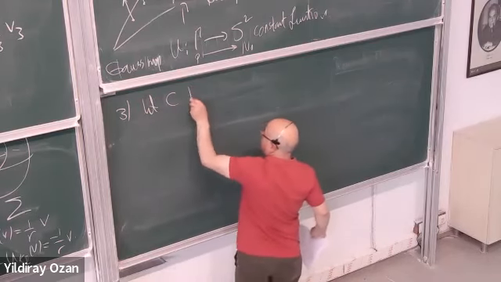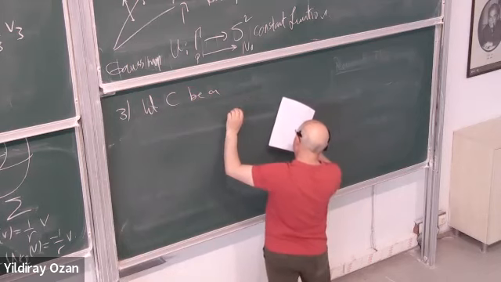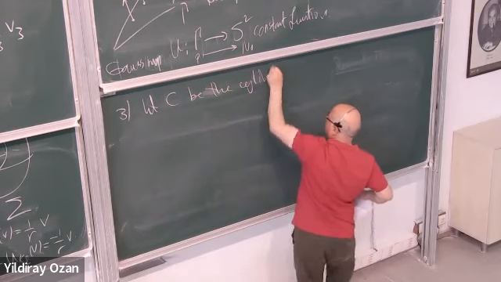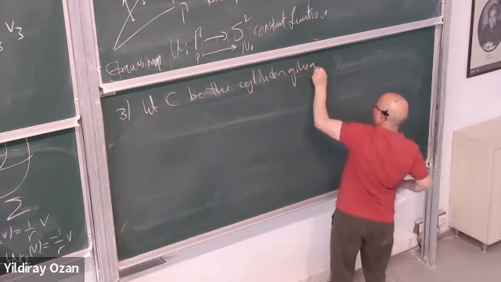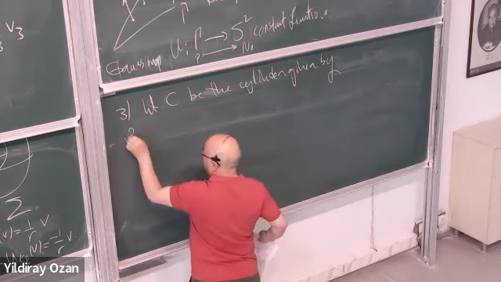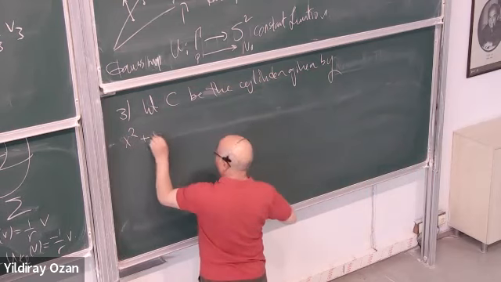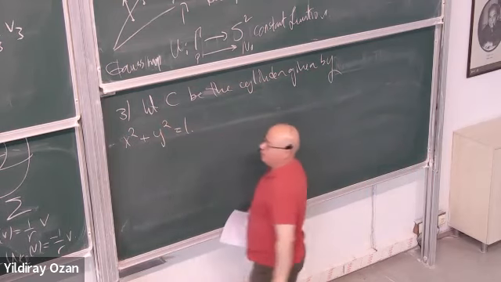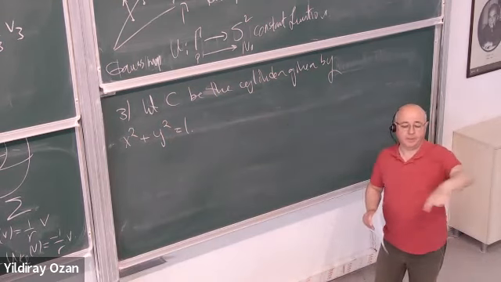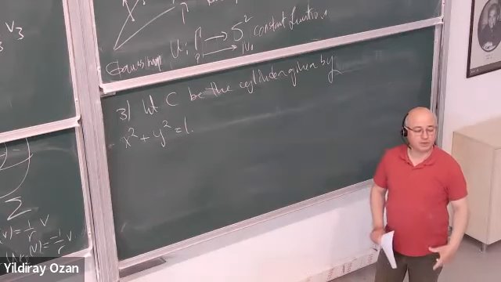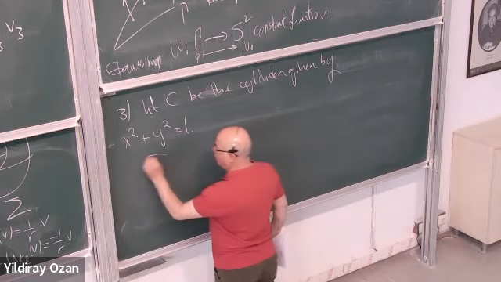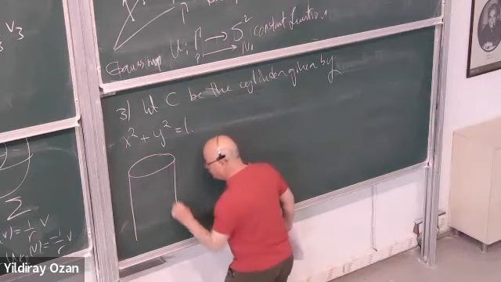Let C be the cylinder given by the equation x squared plus y squared equals 1. What is this cylinder? It is just a circle in the xy plane, and then you just take this circle and move along the z-axis, right? You get a so-called cylinder,